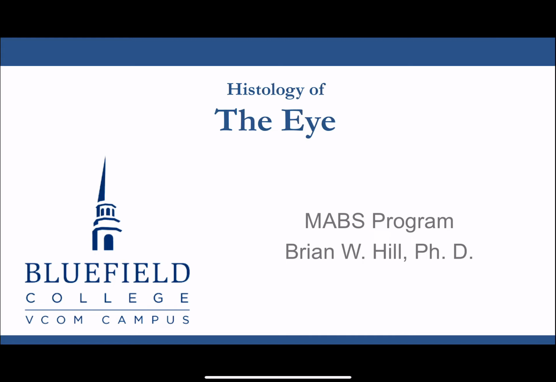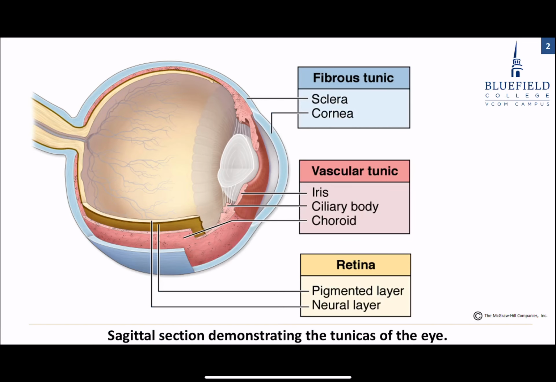But the eye, as we take a look at it here, you can think of as a tri-layered hollow ball. And we'll start off talking about each of those layers. There are some accessory structures or other structures that don't necessarily fit into that layered anatomy of it, and we'll